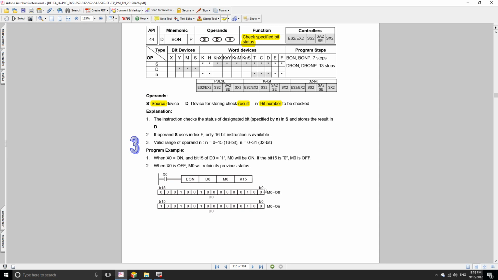Starting from right to left, from the least significant to the most significant value, we're going to check the status of bit 15, which is this one. If this is positive or negative, it's going to get stored on M0. So the operand is the source device, which is this number, and the device for storing the check result, which is